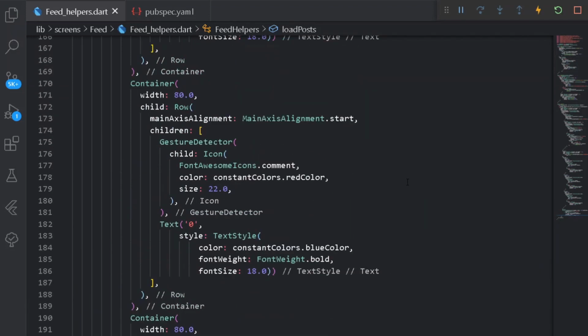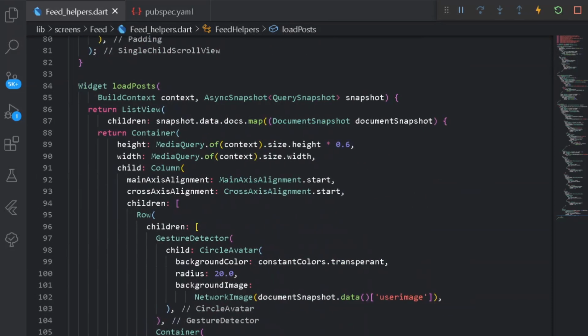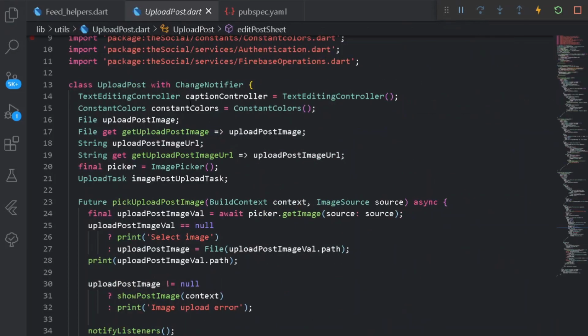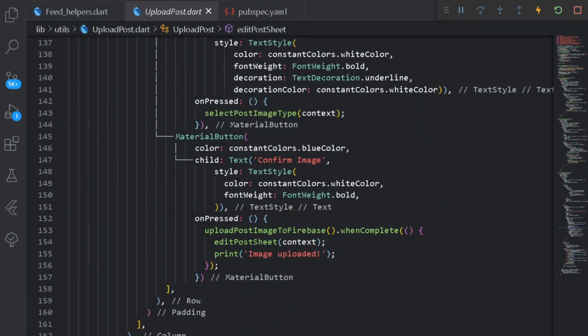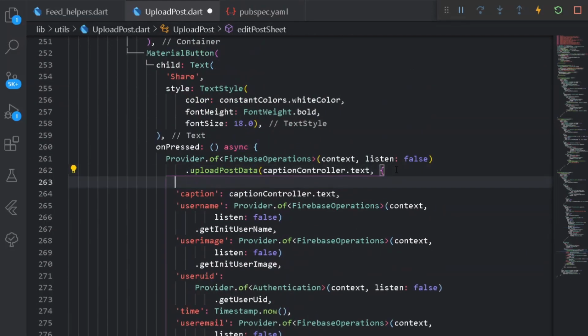Once everything is done, let's check whether we are getting all of our data. But you know what, in our previous tutorial we just forgot to load up the link of the post image that the user is uploading. To make it right, let's go under our utility, under upload post, and here if you observe we have all of our data, which is our upload thing. Here we can simply have one more entity of post image.